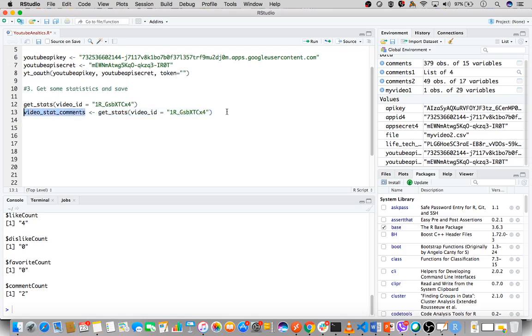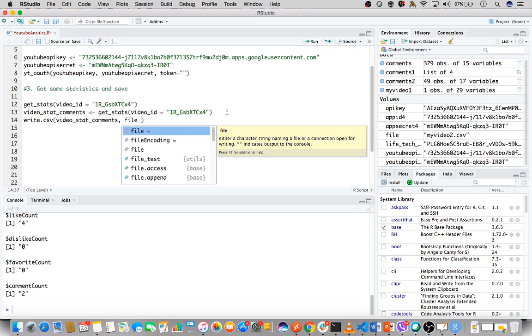Then thereafter, the third step would be to write all those details to a CSV file. So I'm going to get the video stat comments, and then I'm going to get all those details into a file. So I'm going to name that file